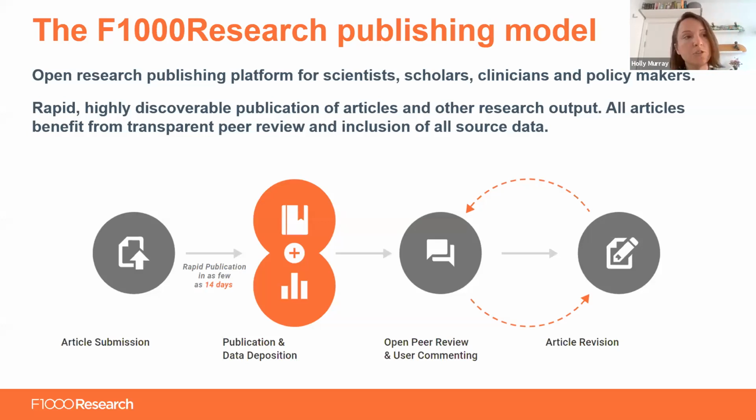F1000Research was launched back in 2013, so fairly young as far as journals go. And as some of you might have heard, we were recently acquired by Taylor & Francis. And so the initial idea behind F1000Research was to really disrupt the traditional publishing model and help evolve scholarly communication to a format that better serves science and researchers, including increasing the speed of dissemination, allowing for dynamic publishing or article versioning, introducing transparency into that peer review process, and supporting reproducibility through detailed reporting and a mandatory FAIR data